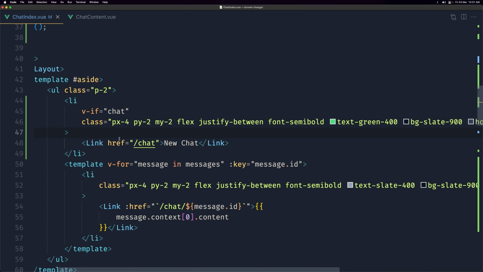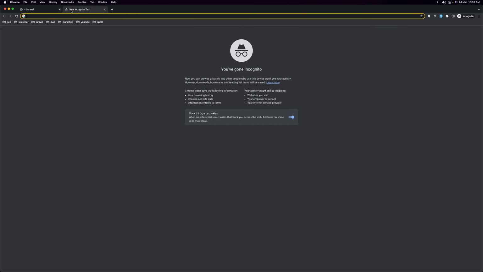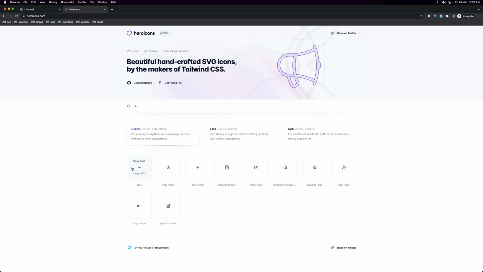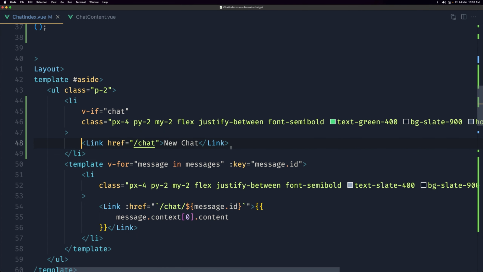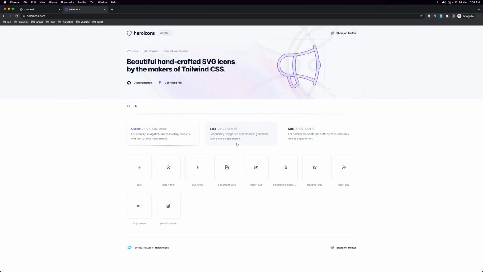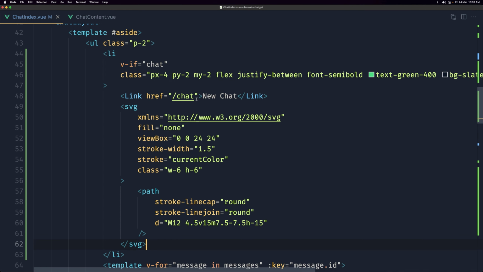Okay, one more thing, let's add here an SVG. So let's navigate to the arrow icons, arrowicons.com, and I'm going to search for just plus. Yeah, here we have, and let's copy this and let's navigate. After the link we have here flex, yes, so let's paste that and save. Now if I open, come here, yeah, we have chat like this, link,